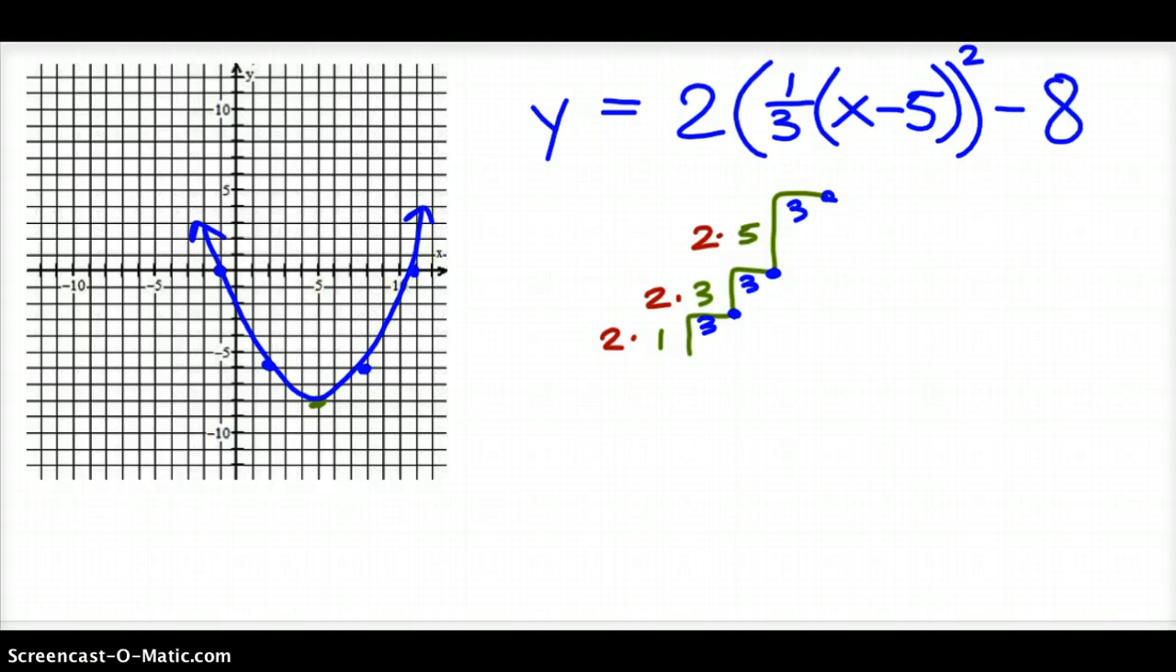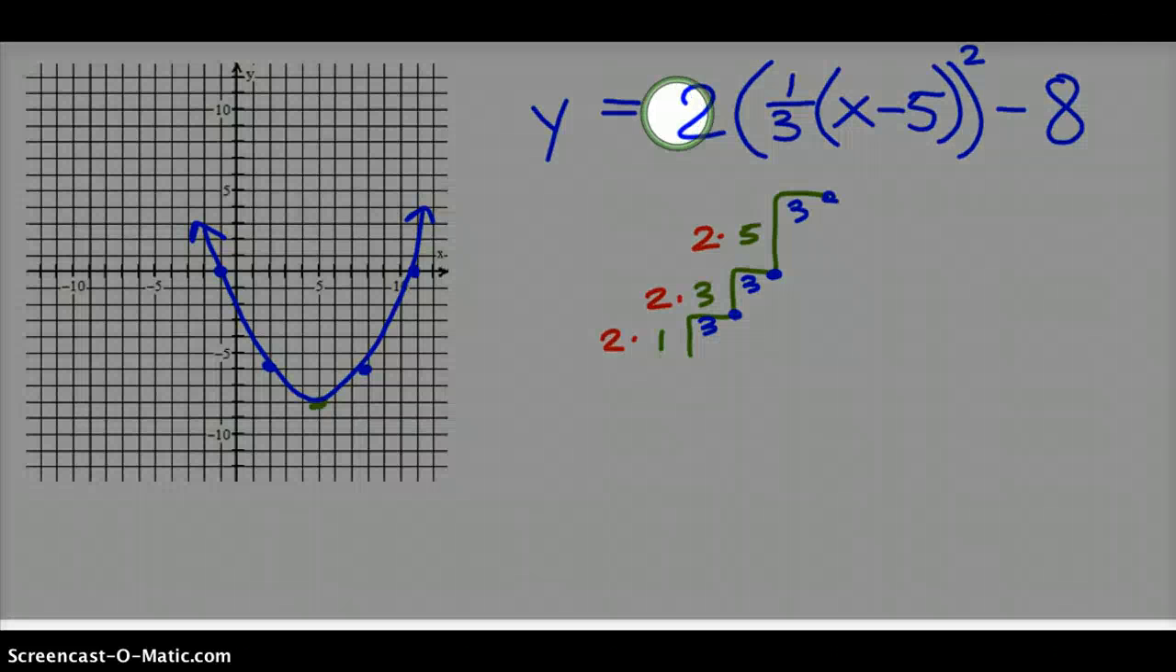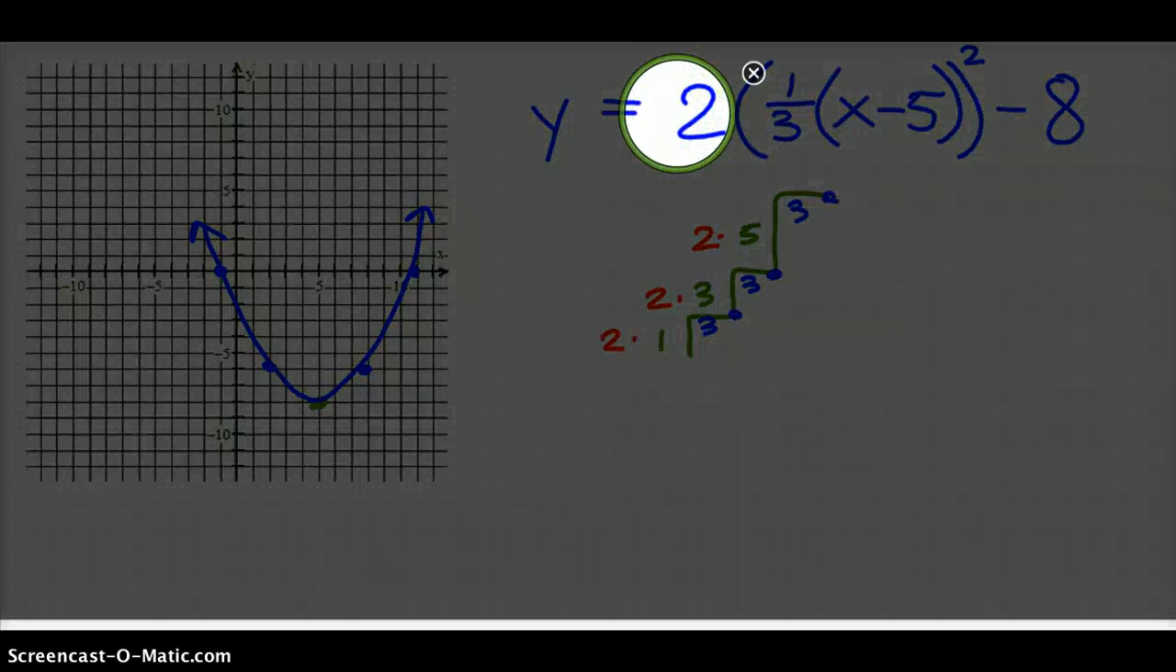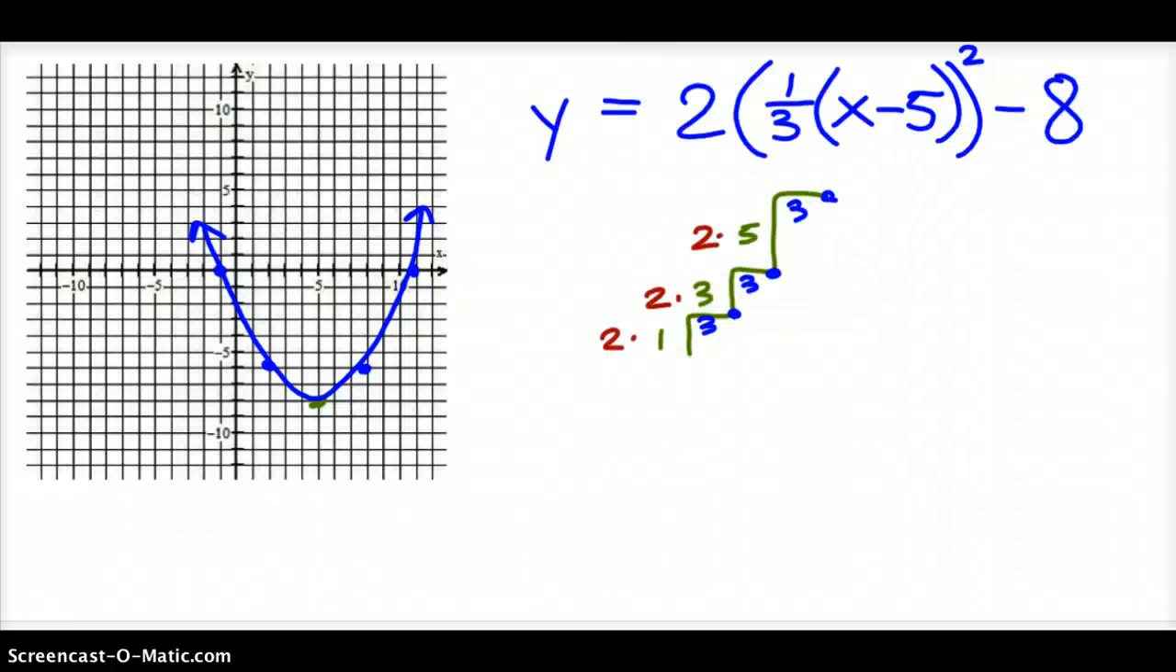Okay, so that is how you graph a quadratic function. The only difference is if the a value is negative, then all that does to the graph is make the graph dip down. Other than that, that is the gist of how to